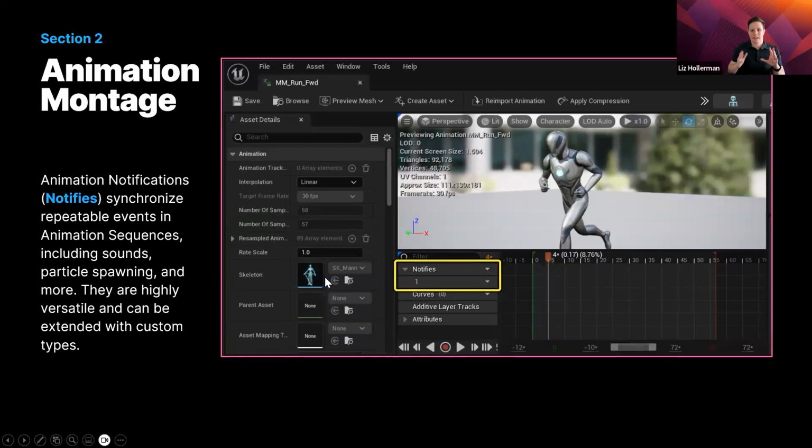So this notify can be used to also disable movement for your character. It can be used to spawn particles or sounds. There's a whole host of things that you can do for this. Okay,